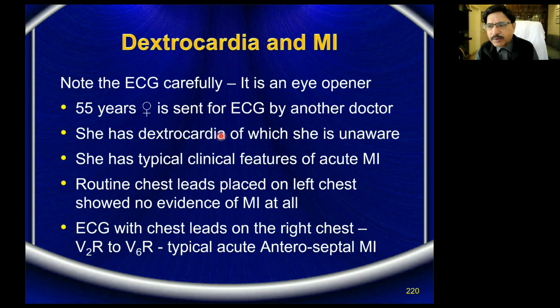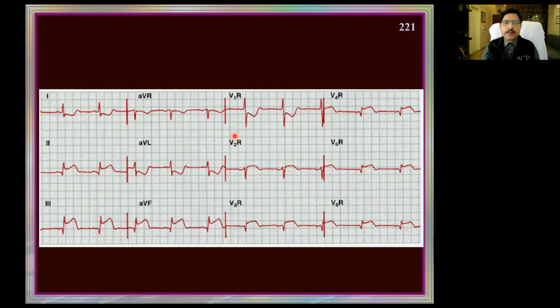Not only dextrocardia, there could be dextroposition also. A patient may have severe emphysema on one side, or there may be a pneumothorax on this side. There may be a pleural effusion on this side. The heart is shifted. The same fellow may come with infarction. Because of the pleural effusion, the heart is on the right side. You need to take the leads like this. So dextrocardia, dextroposition, all are possible.